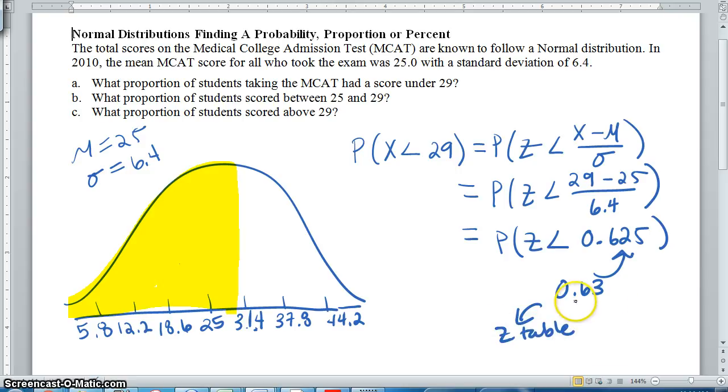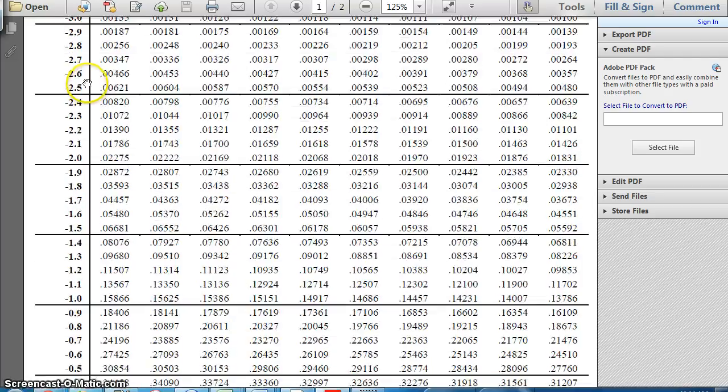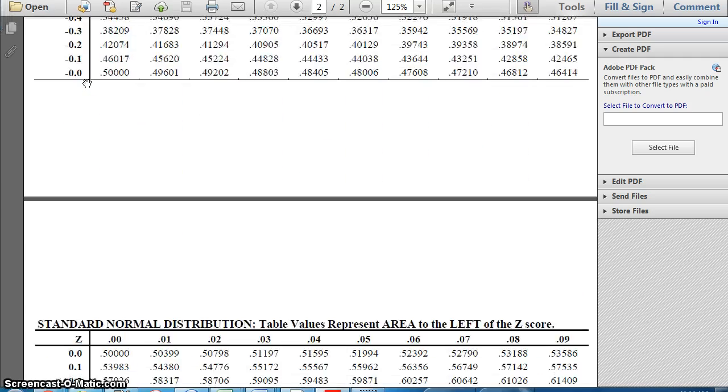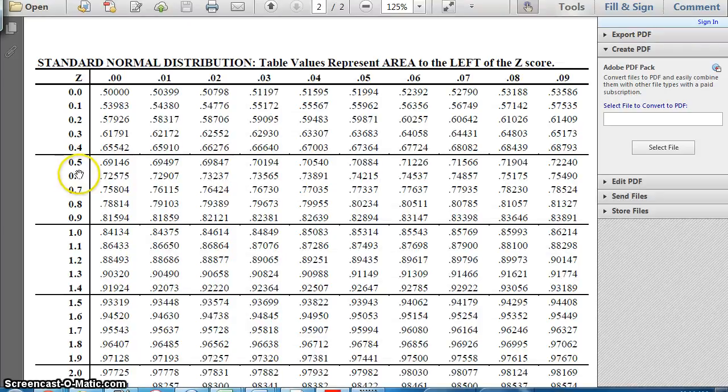to find the area that falls below a z-score of 0.63. So if I go over to my z table, the first thing I want to do is look over here at the z's. And what I notice is that these are all negative values, so I need to go find the z-score that starts with 0.6. And I have found it. It is right here, so this is 0.6. And I'm going to scroll across until I find my hundredths place of 0.3. So this is a z-score of 0.63, and the proportion that falls below that is